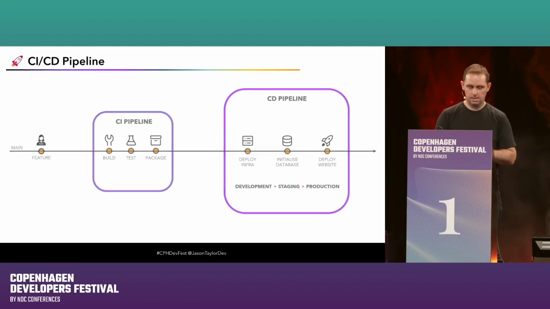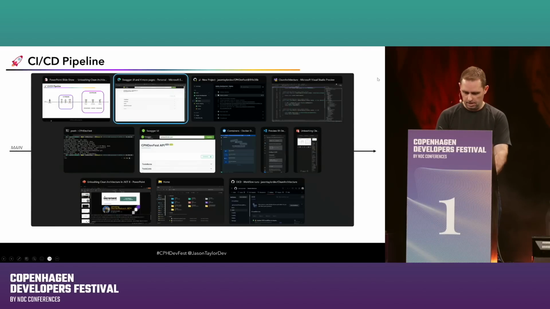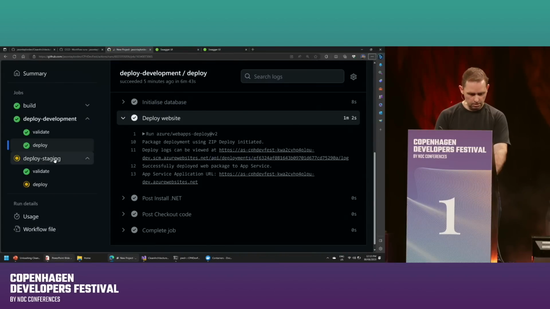Okay, so the CI/CD pipeline is a multi-stage pipeline. It's included in the template, and it's a pipeline as code, so it's built on GitHub Actions. So the first thing this pipeline does is build the solution. Let's dive in and have a look at that build. So in build here,